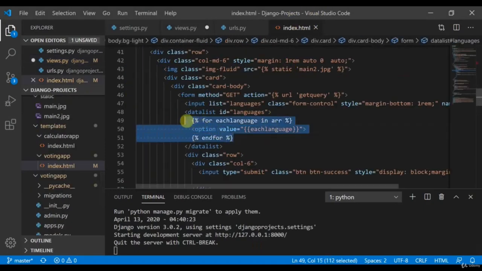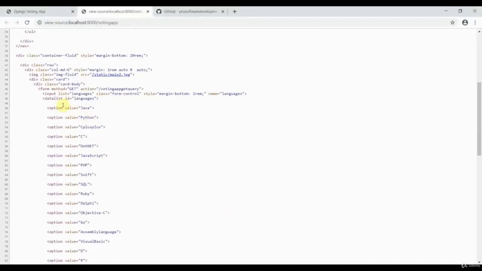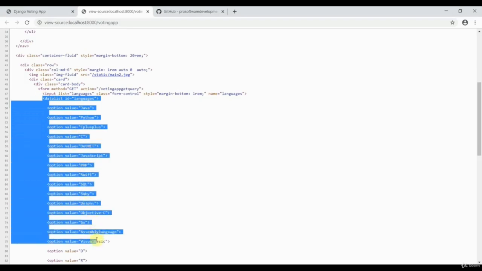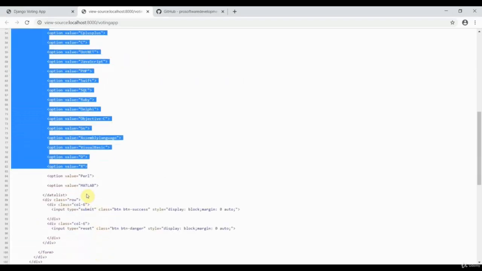For each language in array, option value equal to each language, and endfor. So here you can see, with the help of a dynamic template, basically we used the Django template, we got a list of option values. So this is perfectly fine.